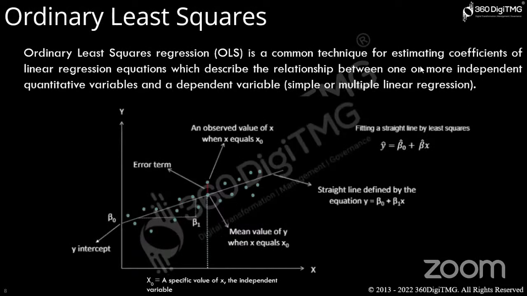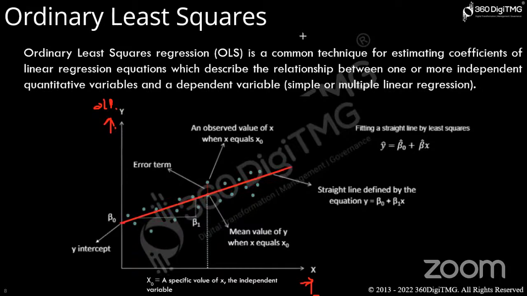Ordinary least squares error. Let's say these are the two variables we'll be having. This is X and this is Y. Let's say it's input and this is output. These are the real data points. It is the output, Y you can say, and it is X. So when you represent all the X and Y values, you will get this. And using these data points, I will be drawing one regression line. I'm drawing one regression line here.